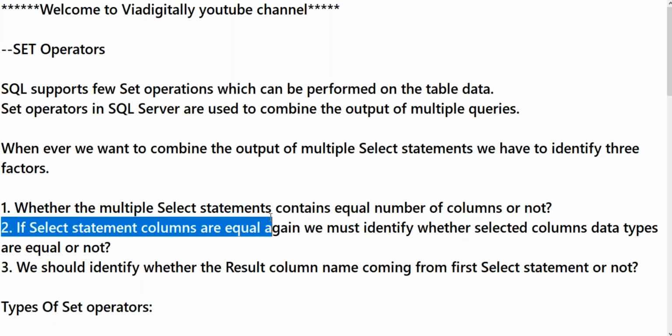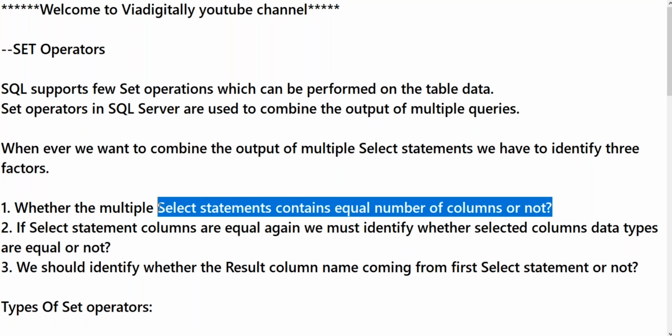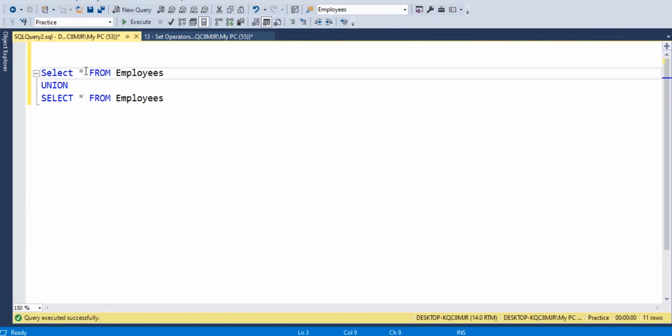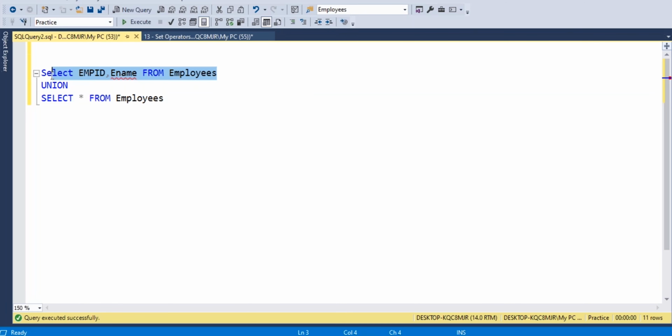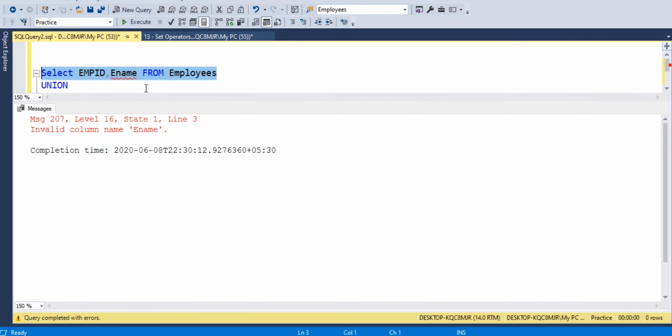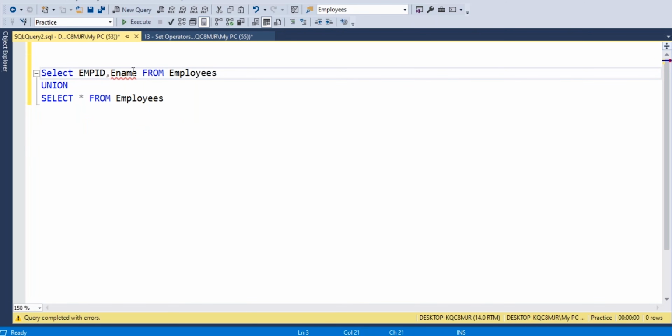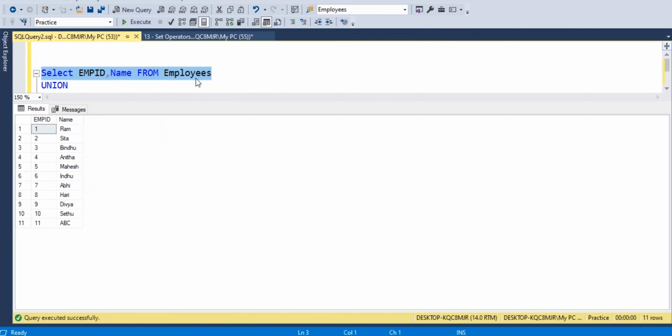Here I have an equal number of columns, employee ID and employee name. I have read only two columns from this employees table.